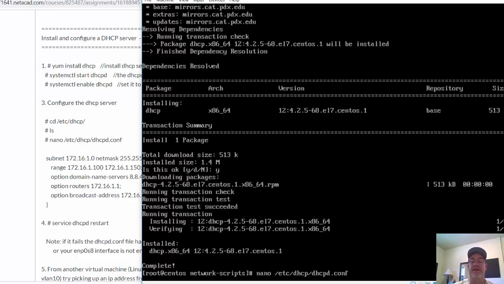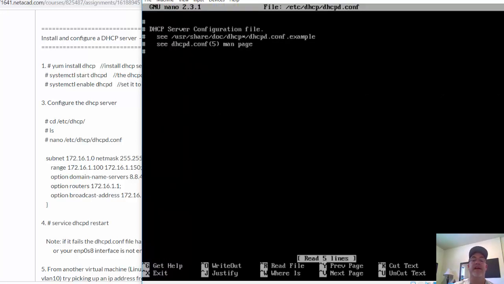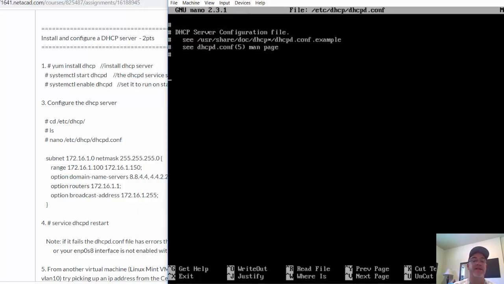All right, that looks good. Okay, that looks like the right file, because notice up in the comments at the top showing me that it's the DHCP server configuration file. So here goes. So what we're going to set up is basically